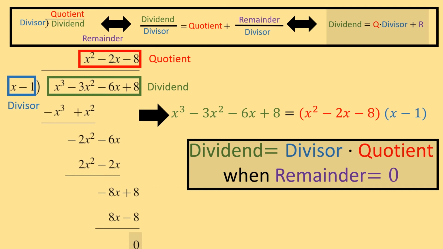Now I have this polynomial of degree 3 written as the product of a polynomial of degree 1 times a polynomial of degree 2, where degree, once again, is just the highest power of our polynomial. In other words, I factored my polynomial of degree 3, and I factored x minus 1 out. In other words, the whole point of this long division process is to generally get to this form where we're able to rewrite the polynomial of larger degree as a product of polynomials in smaller degrees.